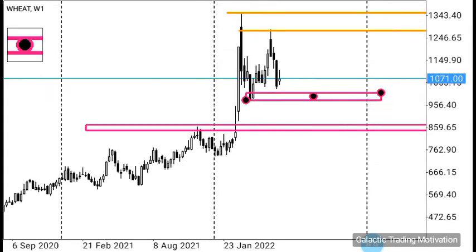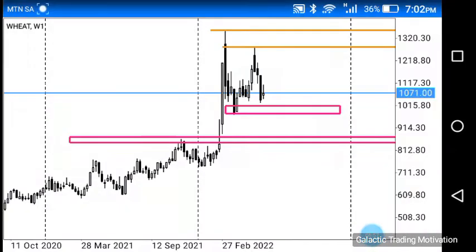Just bear in mind that the neckline is yet to be broken. We can say that that's the neckline. So what else do we see on this weekly chart that is interesting? So we also have